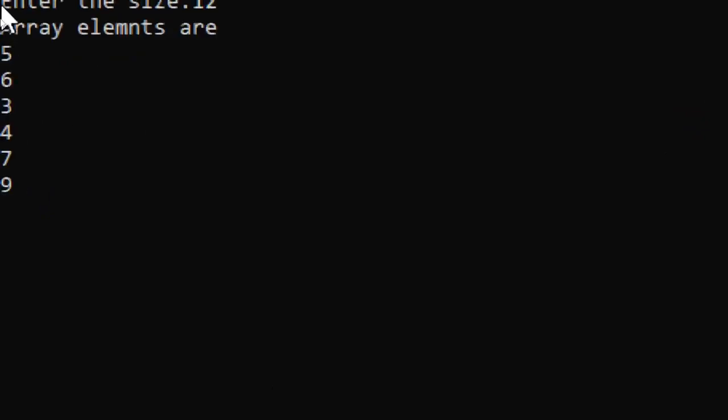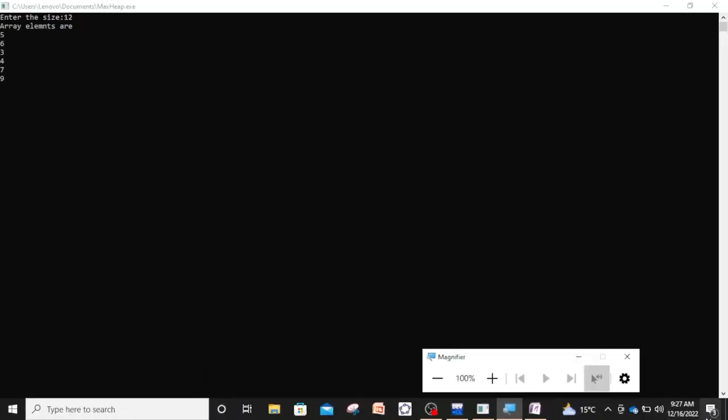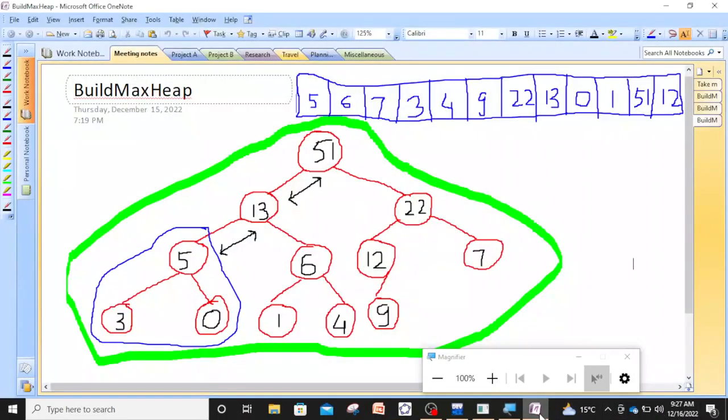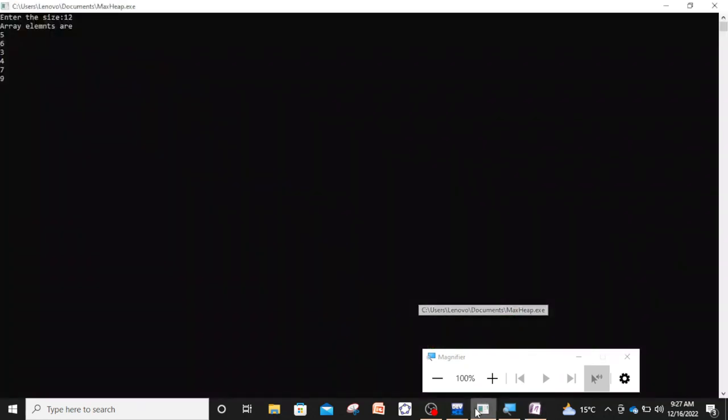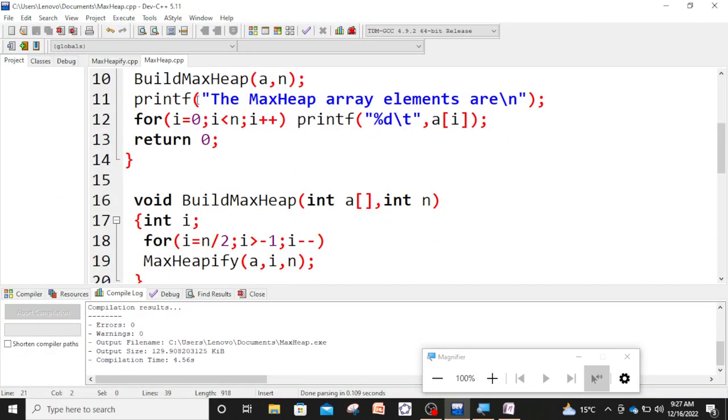I have taken 6 elements and there will be 6 more elements. No, I have taken the elements in some other order. So I have to run it again,